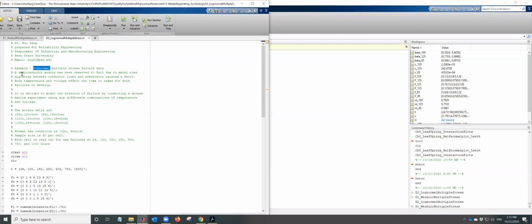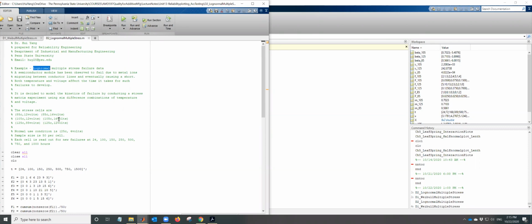The problem is a semiconductor module has been observed to fail due to metal ions migrating between conductor lines and eventually causing a short. Both temperature and voltage affect the time it takes for such failures to develop. It is decided to model the kinetics of failure by conducting a stress matrix experiment using 6 different combinations of temperature and voltage. You see, this is 85 degree and 12 volt, and 85 degree 16 volt, 105 12 volt,